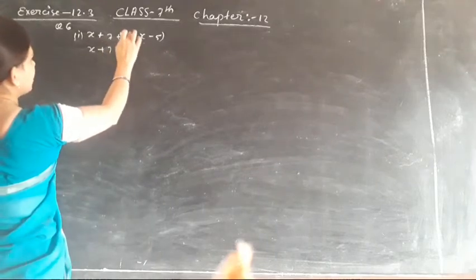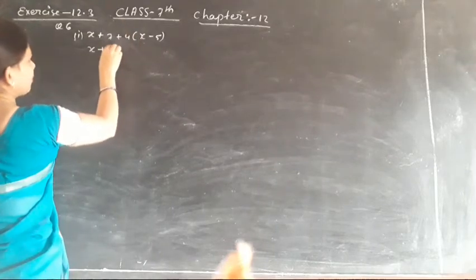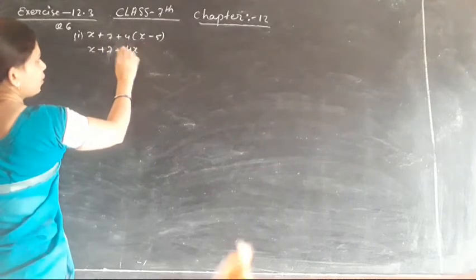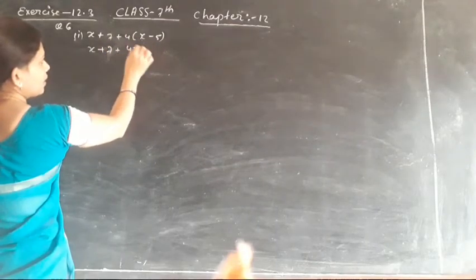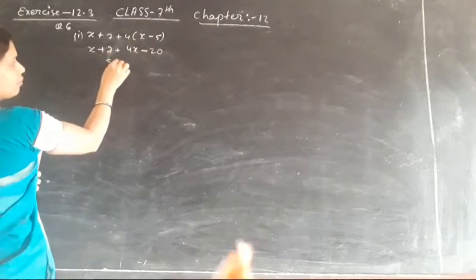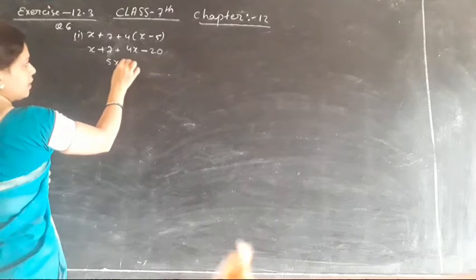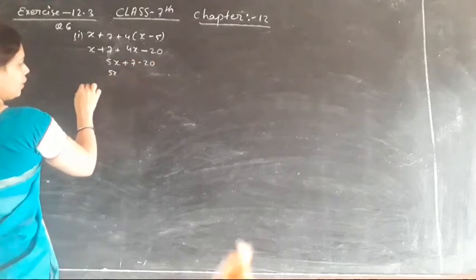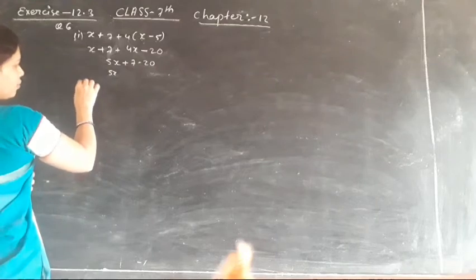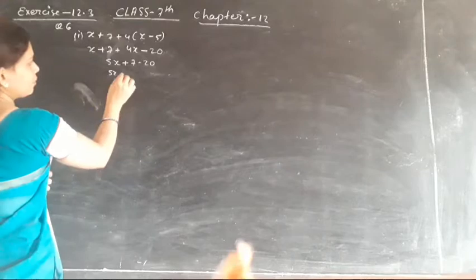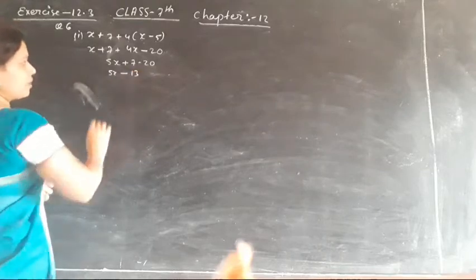So 7, 8, 9, 10, 11. Okay, before adding, you have to multiply. So here it becomes 4x, plus and minus minus, here it will become 20. 4x plus x will be equal to 5x, then plus 7 minus 20. Okay, so 5x, 20 minus 7, so 10 minus 3. Okay, so here 30. So minus 30 is the value.